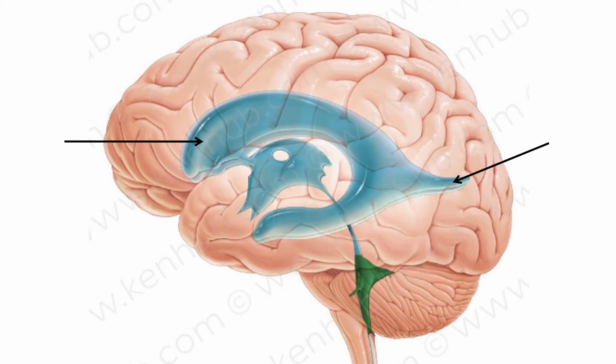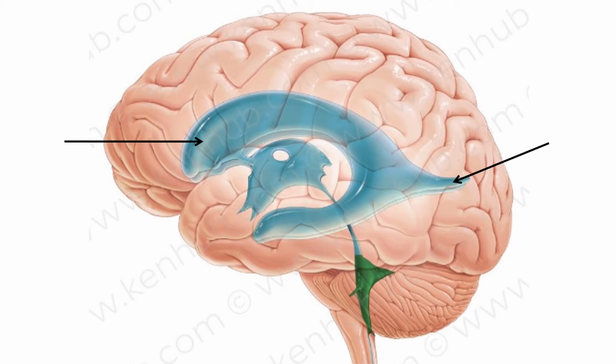Then we have two of them, one on the right, one on the left. These are two lateral ventricles. The cerebral hemisphere is not a solid organ. It contains these cavities, and they are filled with fluid called cerebrospinal fluid,